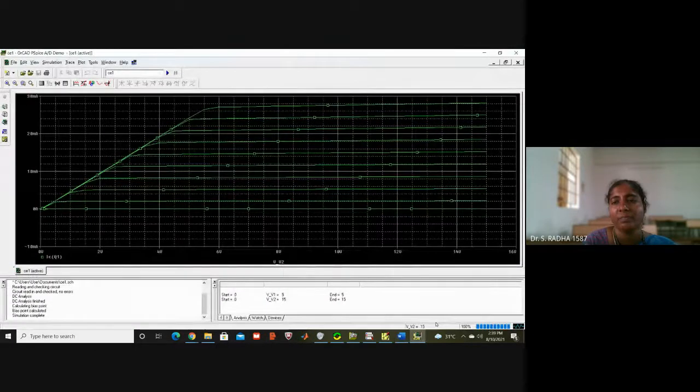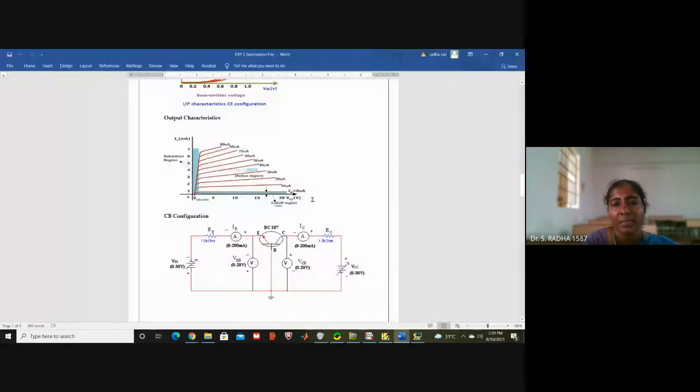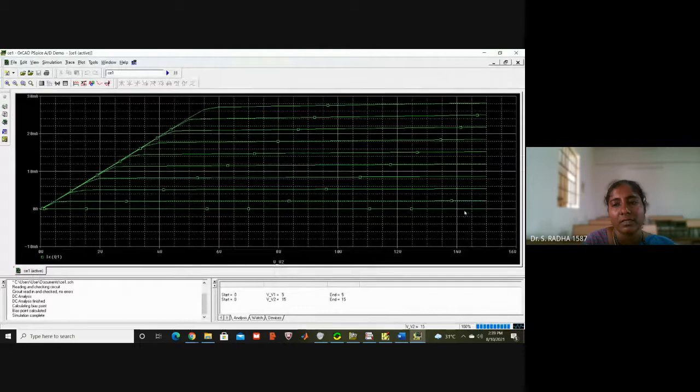The bottom one you can see here is IB equal to 0. The top is IB equal to 90 microampere. All these constant values are for current only. Automatically it will take the current internally. Though we fix V1, because V1 changes, IB also changes. That's why the lowest one is IB equal to 0 microampere. The next one is for 0.5 voltage at the input side, what is the current? 1.0 voltage at the input side, what is the current? Those current values are constant.